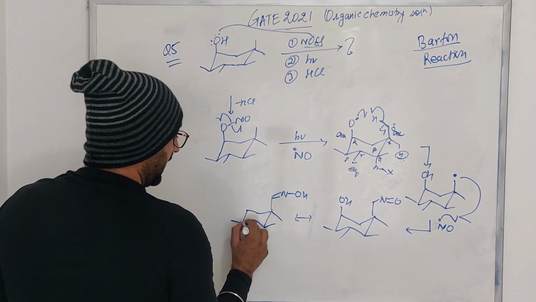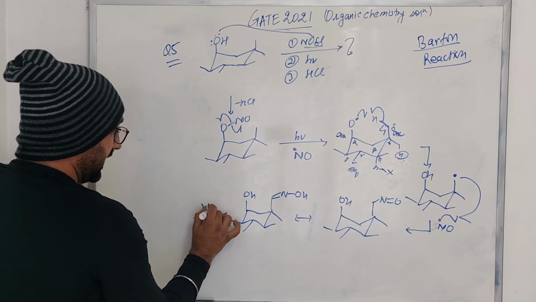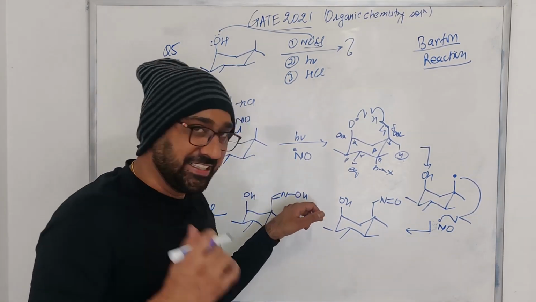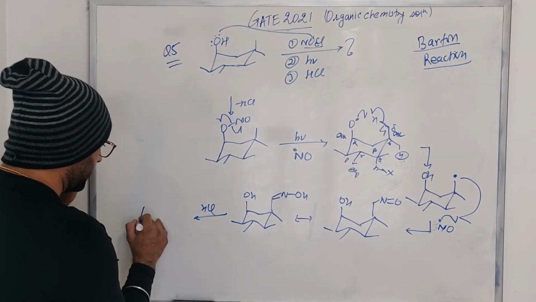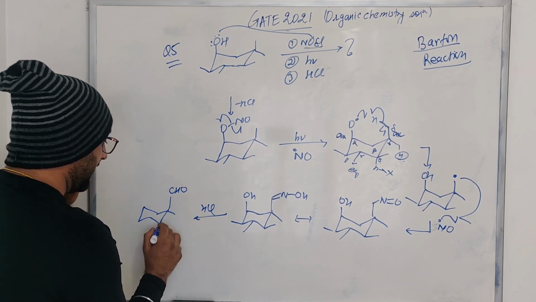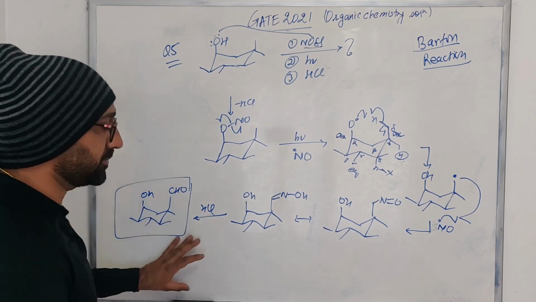And in the last step, basically what you are doing is the reaction with HCl. So we know that this is nothing but an oxime, and oximes can be easily cleaved under acidic condition to form the aldehyde. So this is exactly what is happening. Oxime को आपने cleave किया, but you form an aldehyde. So this is the product. So this was the correct answer in this particular case.